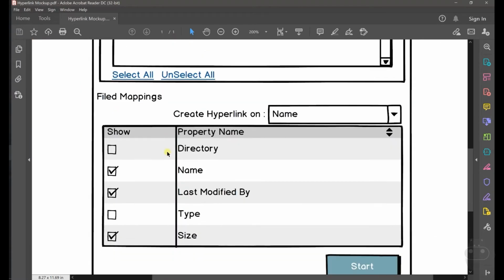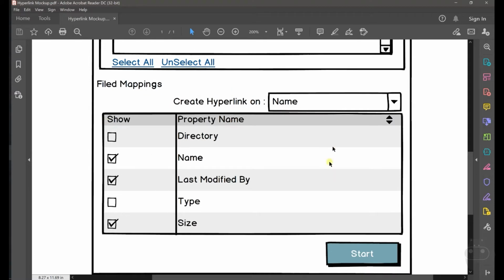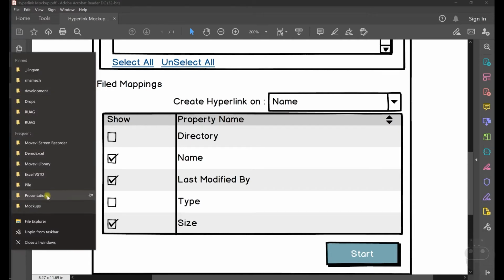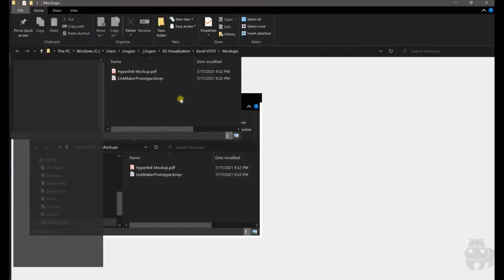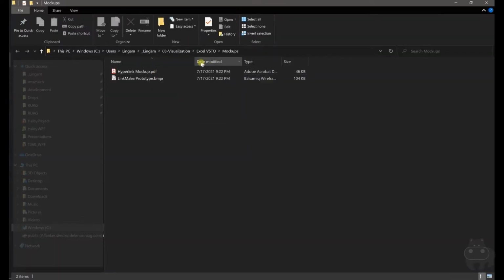And then the last part is also interacting with Excel. This is the place where you're going to create hyperlinks. Before creating the hyperlink, the file details have so much information, like the directory name, last modified. If you open any directory, for instance any folder like this, you should be able to see date modified, type, size, everything.